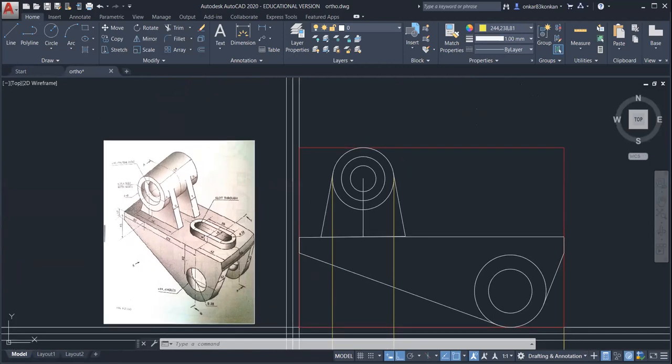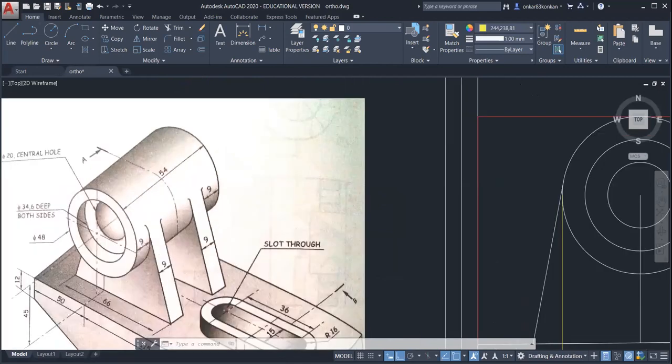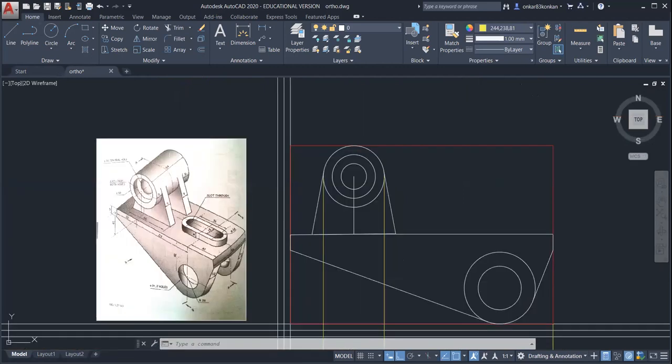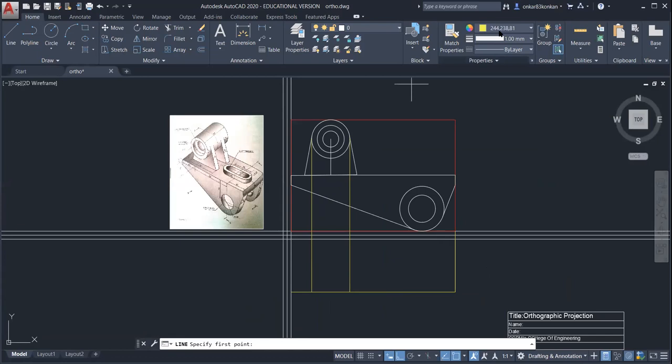So you can observe here, this rectangle doesn't have the dimension 66 mm. That is the length of that rectangle. This cylinder has a length equal to 54, so we should take this 27 from the center line. Select the bilayer option for the visible geometry, then select the line.